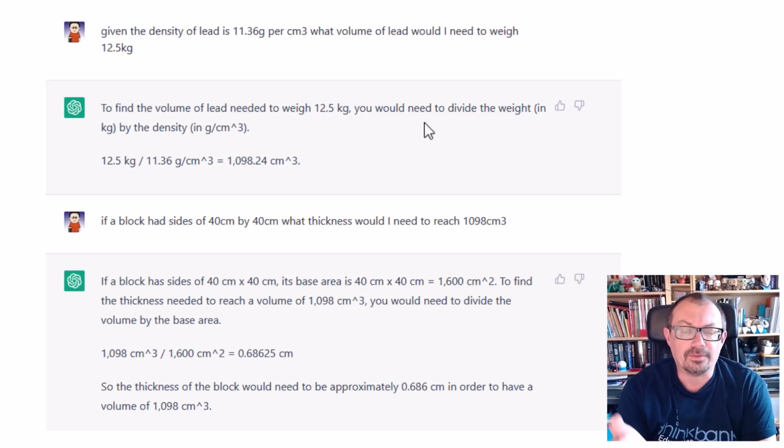So yeah, if you are teaching students and you're giving them maths problems, you need to be very much aware that this thing can just solve a math problem given in words. It doesn't have to be like a sum, like some of the things like Photomath will do. You photograph a sum and it'll give you the answer. If you just put in a word question, it'll solve it for you. So we need to think about some of these things now, because it's not good enough just to give them a problem. They're going to solve it really quickly. So you need ways for the students to show their working and to show how they've actually solved the thing, because this thing just solves it in seconds.